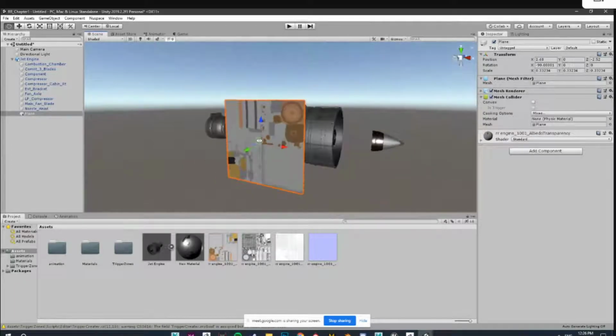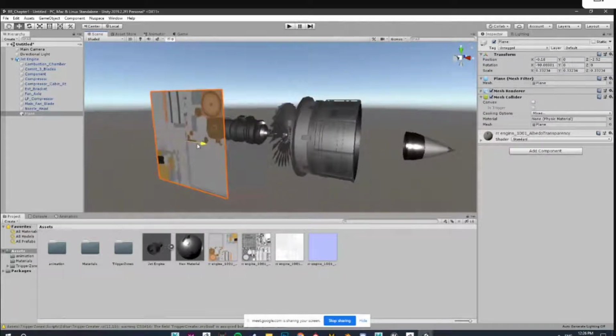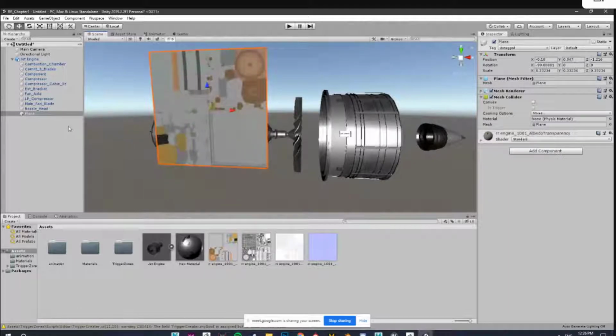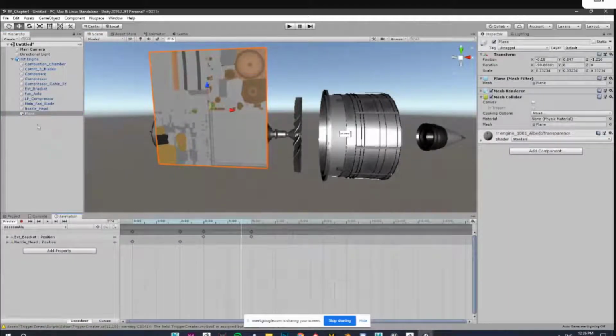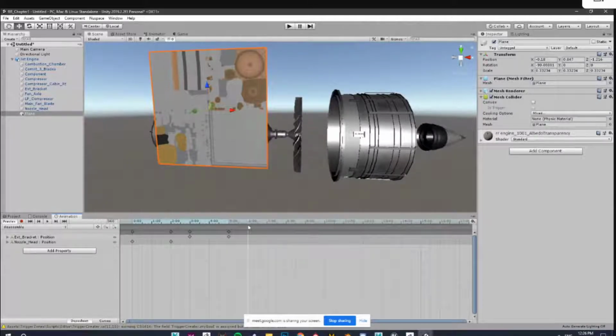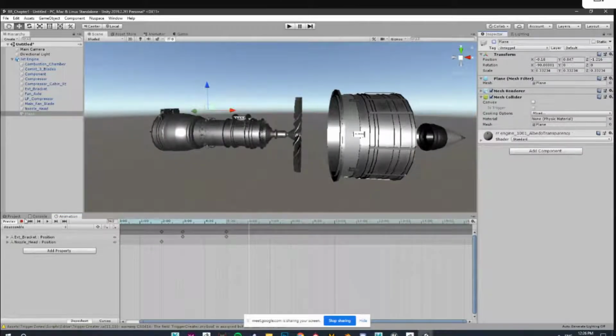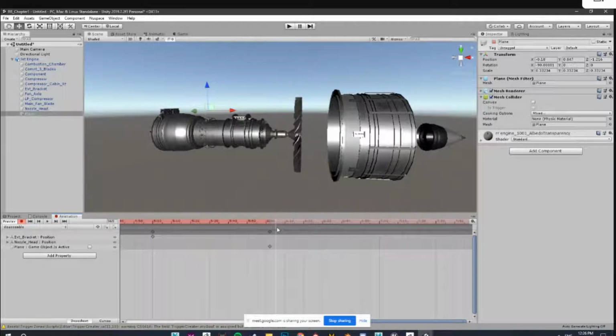Let's say in the third trigger I want this object to pop up. So I'll again go to the plane. On the 6th second, this will be hidden. So hit on record. You'll make sure it is hidden on the 6th frame, and just the very next frame will activate it back. So now we have this animation.